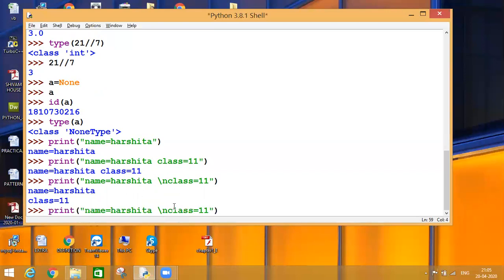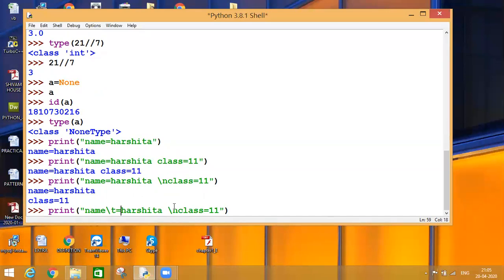Another variation: I want to generate some space, a tab space, between these. Like after writing name, in between name and the equal sign, there should be a tab spacing. So there is one more escape sequence, \t. T stands for tab.